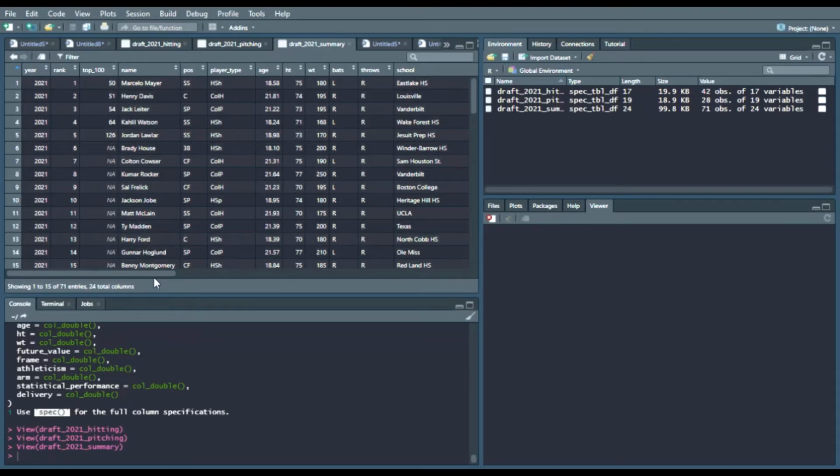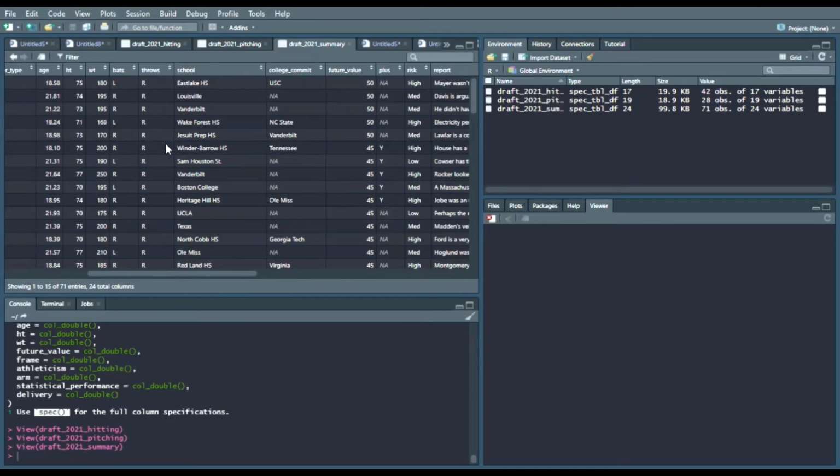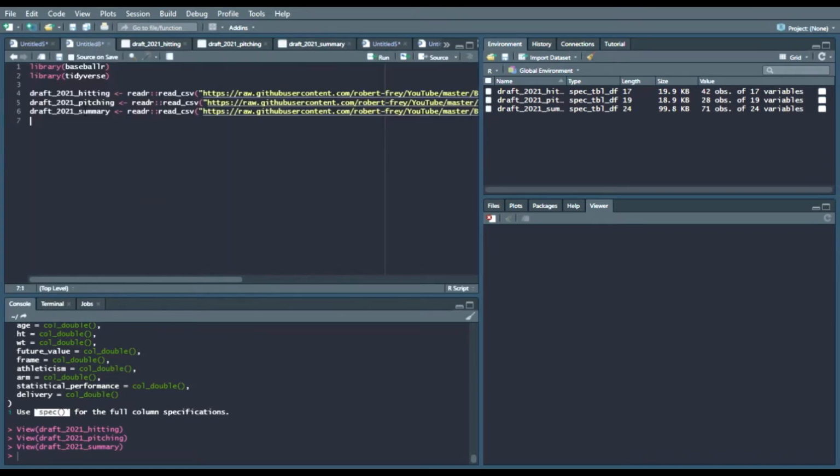So that being said, let's merge all of this data together first. Simply how you do that is we're going to do a couple of left joins. So let's do summary with hitting. I'm going to shorten this down to just draft 2021. And we're going to say